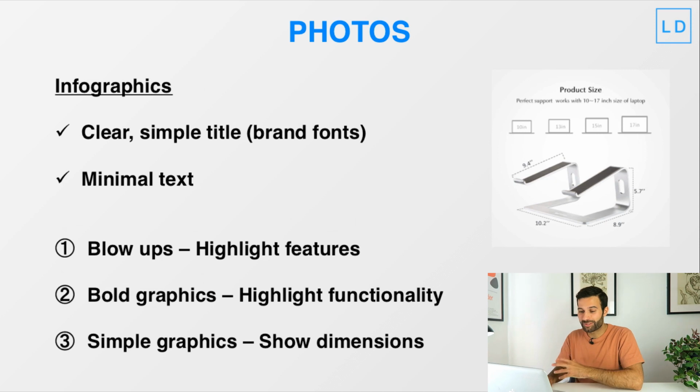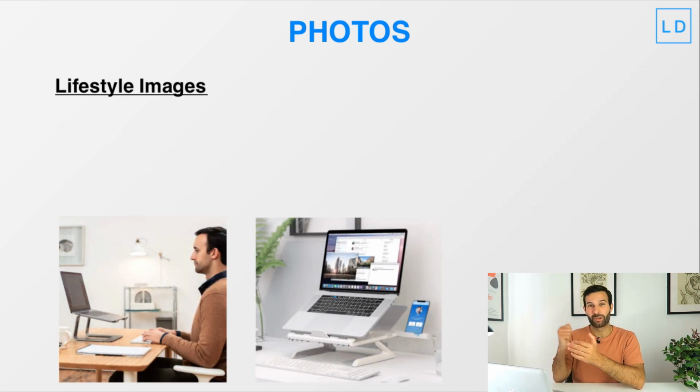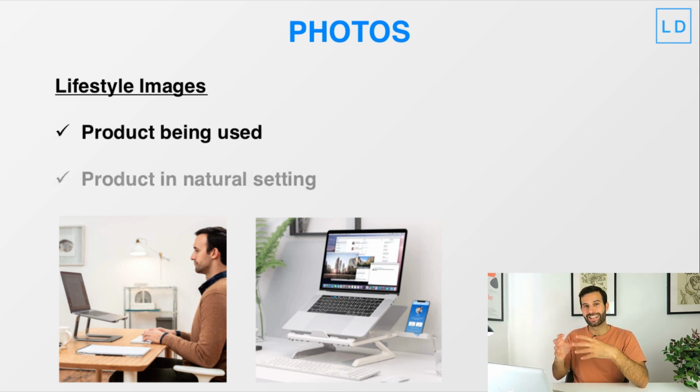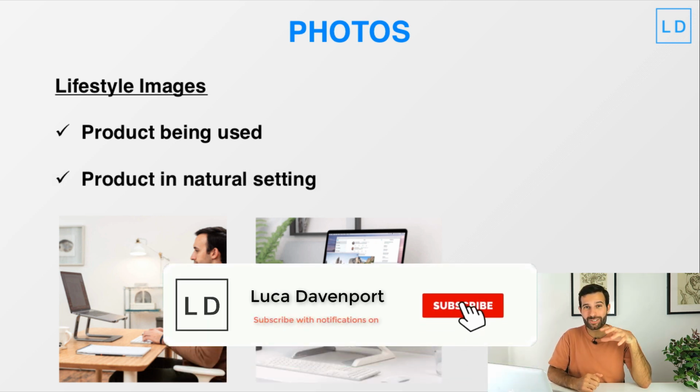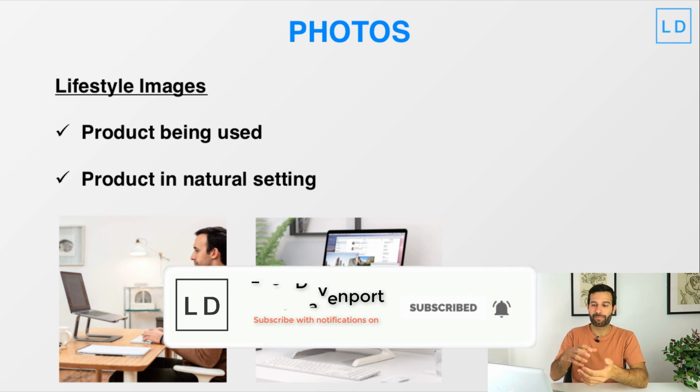product. Now, the final type of image that you need to be using to build a perfect Amazon product listing are lifestyle images. So lifestyle images are any image of the product being used or the product in its natural setting. Now, most sellers do use these, but what you see so often is that sellers skimp out on these